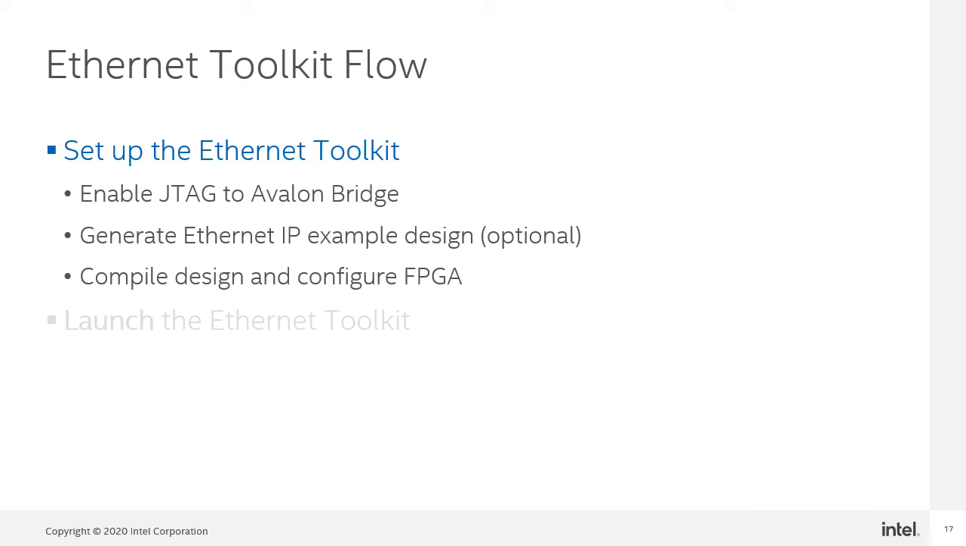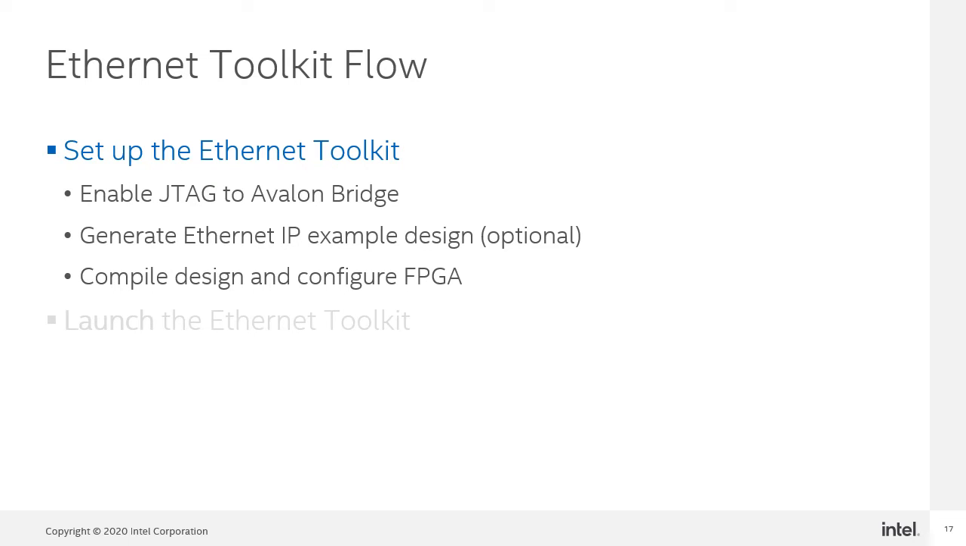To set up the Ethernet Toolkit, you must enable the JTAG to Avalon bridge in your IP settings. Then you can generate the example design if you plan to use it in your development. Next, you compile your Quartus project and configure the FPGA with the resulting configuration file. The project you compile will either be your original design with the bridge enabled or the example design generated by